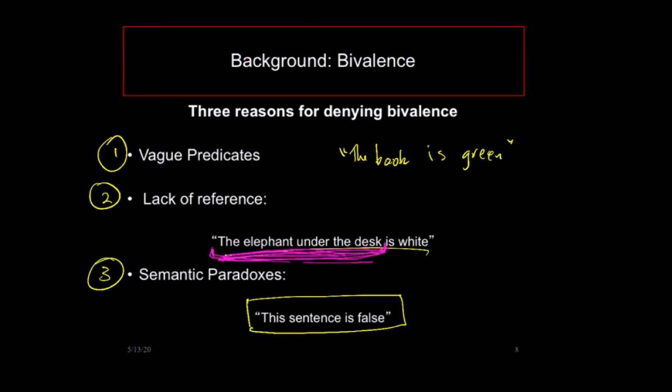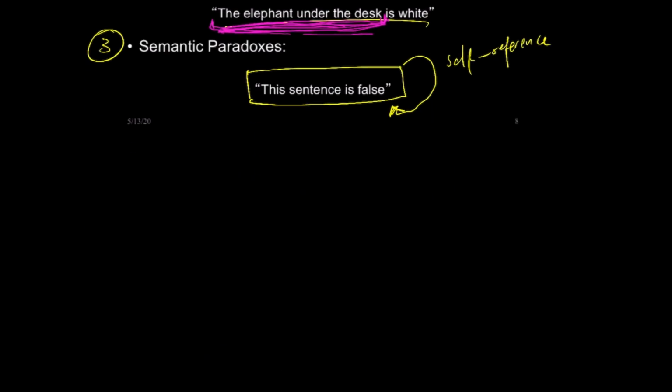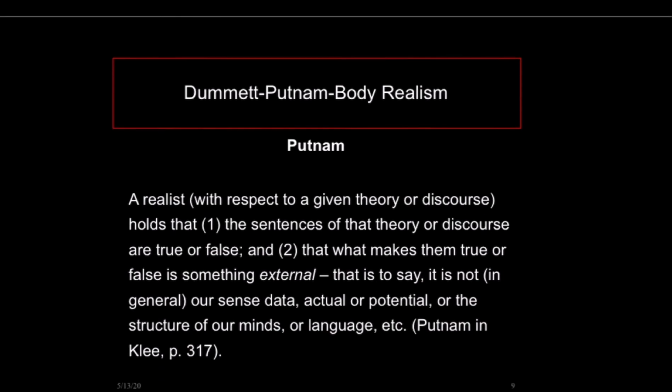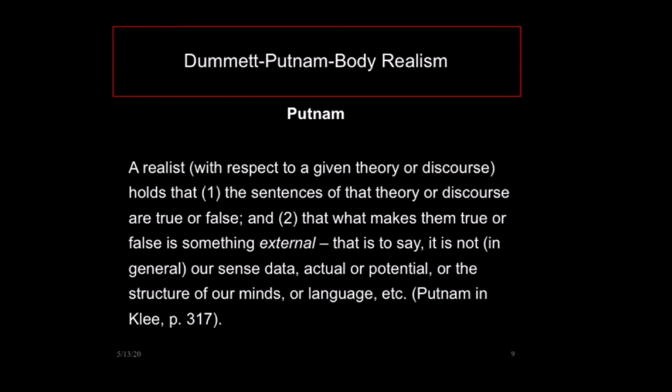Well, clearly what's going on in this case has something to do with self-reference, which is actually a very, very important notion in a variety of different areas of philosophy and mathematics. But for us, in our discussions about philosophy of science, it's not going to figure very prominently. So this is basically what we need to understand what we could call the Dummett-Putnam-Boyd characterization of